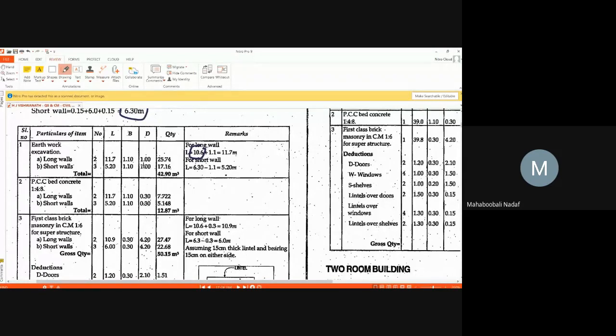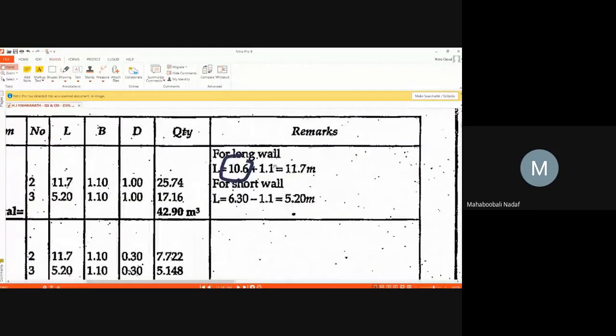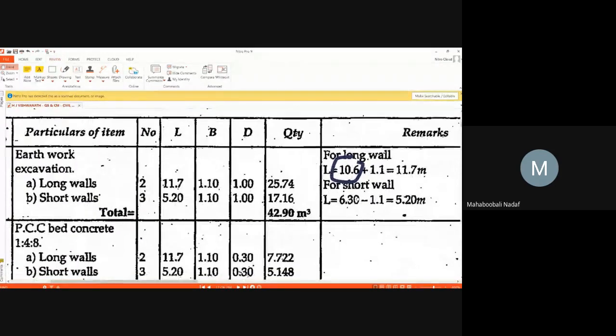Plus b by 2 plus b by 2, we understand that is only 1b. Now onwards in the solution they have not written plus b by 2 plus b by 2, they have written only b or minus b. That point is clear for everyone? Yes, sir. In the previous case, they have written b by 2, b by 2, minus b by 2, minus b by 2. But in this case, they have directly written only b or minus b.